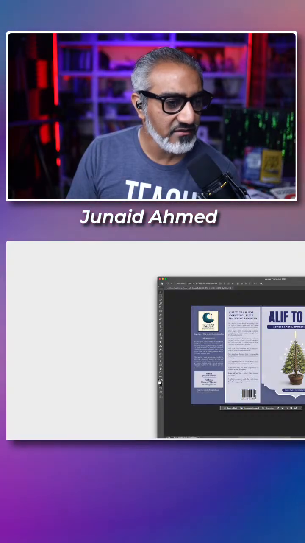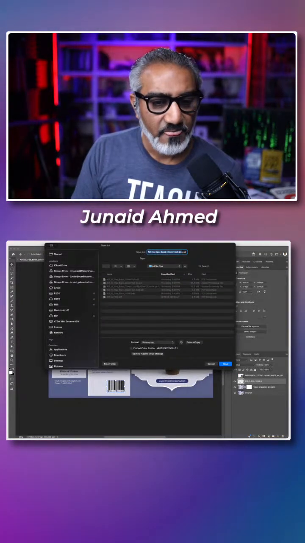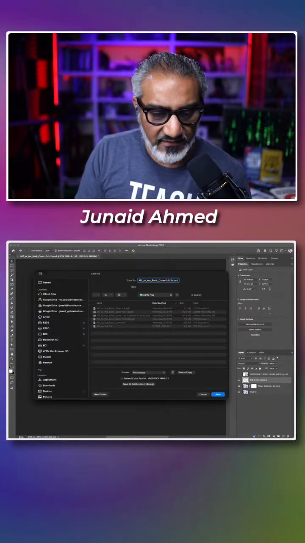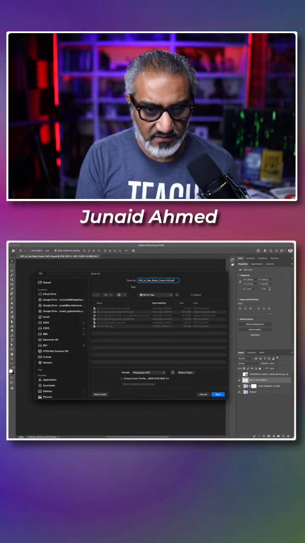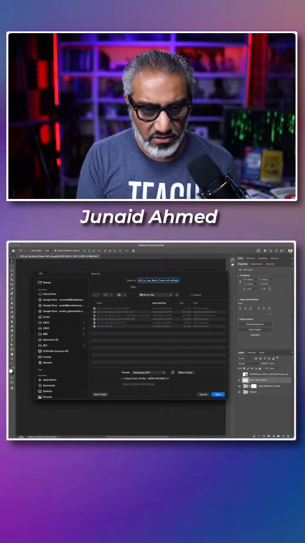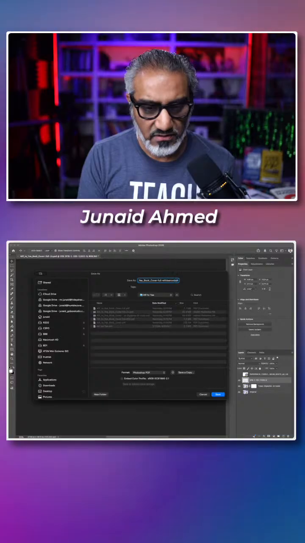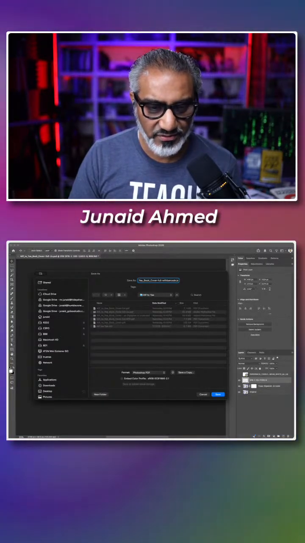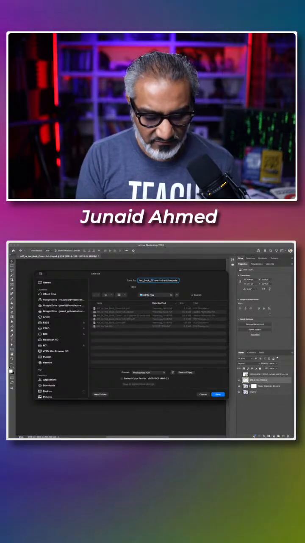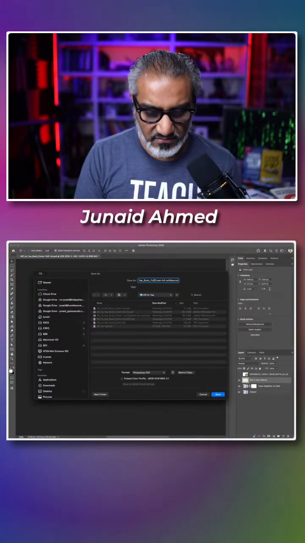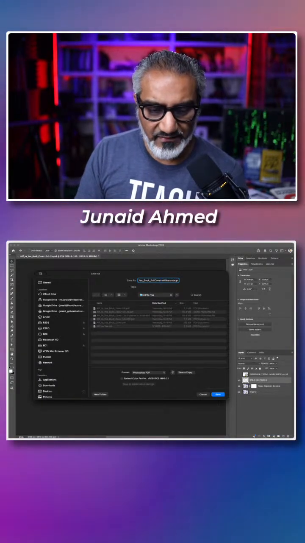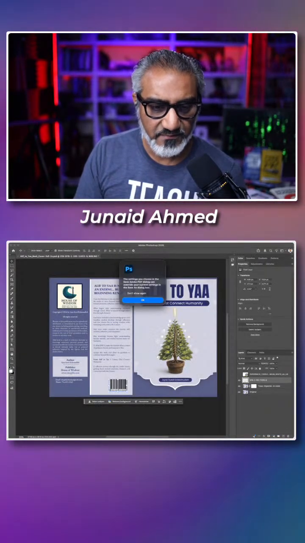No, I want to save it as a PDF, a Photoshop PDF, and I'm going to call it with barcode so that I don't forget which one I am using. Full cover. All right, now that we have it, I can just simply click on save.